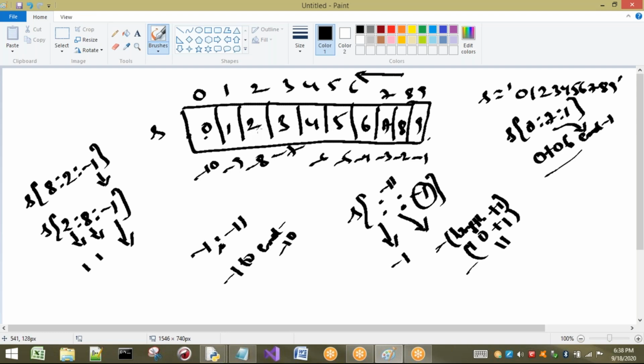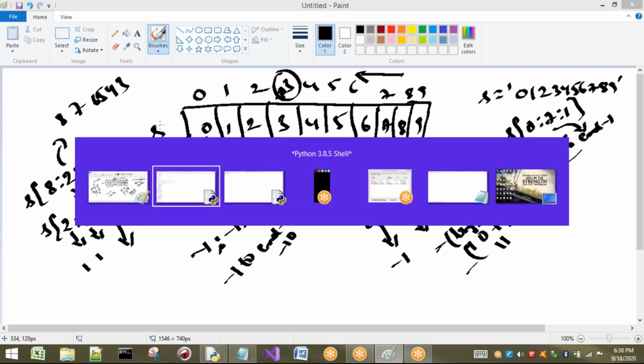So here we have to consider end value. I have to observe. What is the end value here? 2. 2 is the end value. So up to what values it is going to print? Either it will print or not. First thing we have to observe is whether either it will print or not. Yes, it will print, no problem. Reason is backward direction, it is possible. So 8, 7, next 6, 5, 4, 3. Up to 3 it will print. Reason is what? Here end is there, end minus 1. That means only up to this location is going to be printed. Right. Now let us see here.